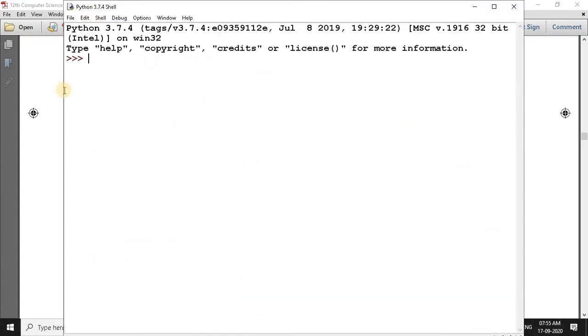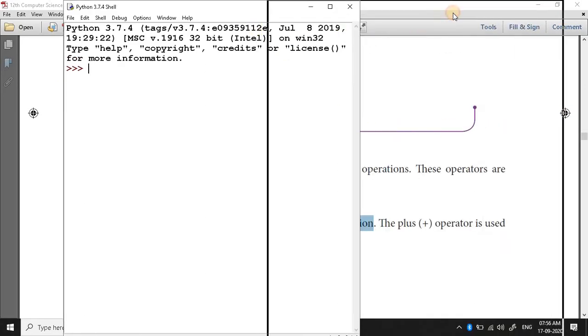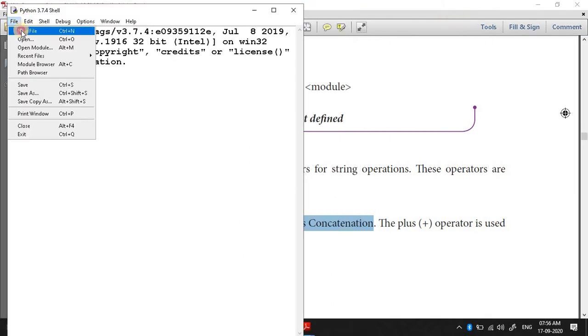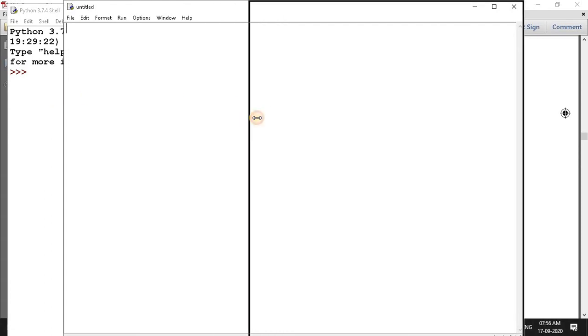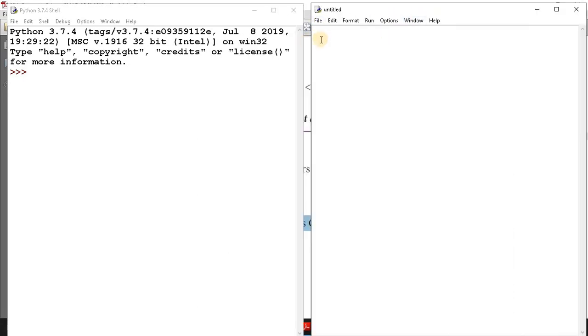Python shell window. File, new file. S1 is equal to single quotation welcome.